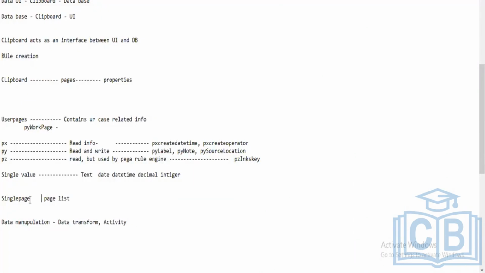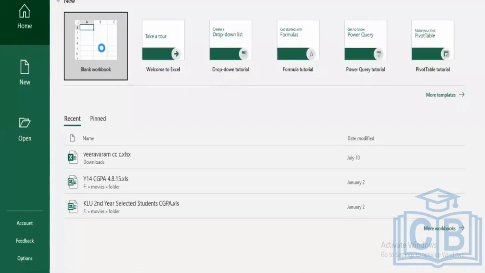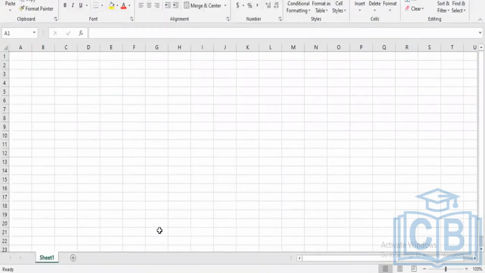If you have the same kind of information, let me try to show you in the Excel sheet. Let's talk about single page and page list in a different way. Let's think there is an employee info. This is an employee info DB table, and the table name is employee info. The columns present in the DB table are employee ID,